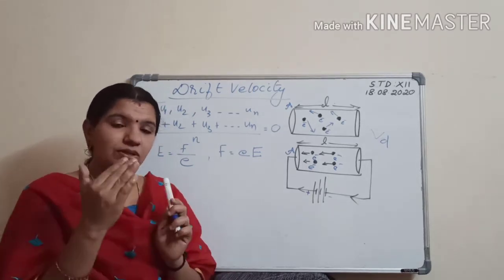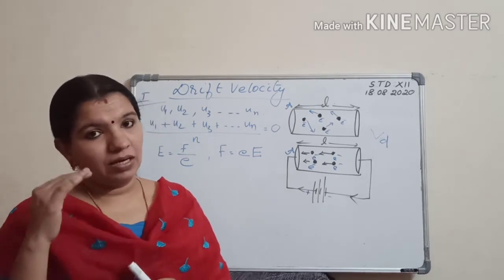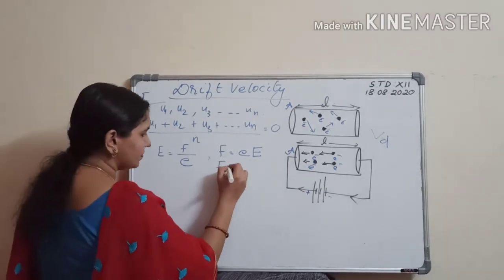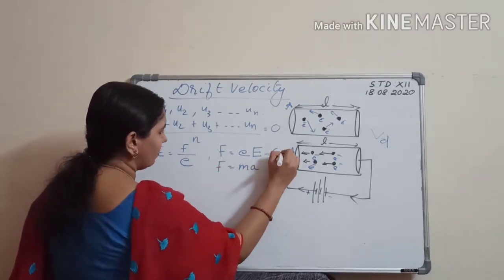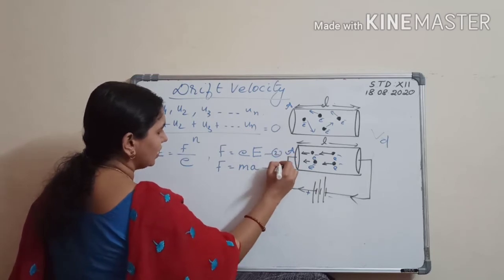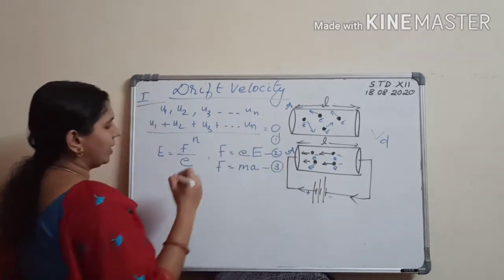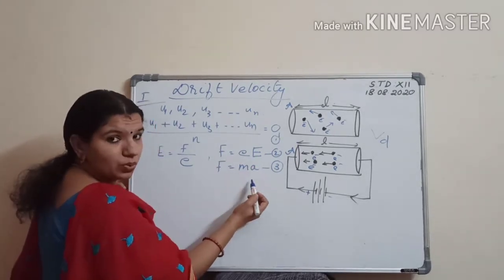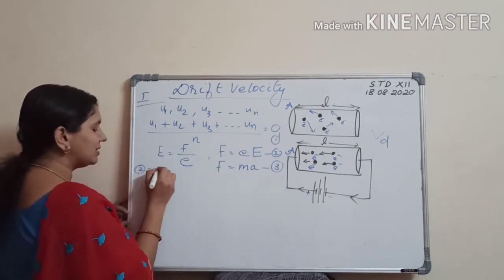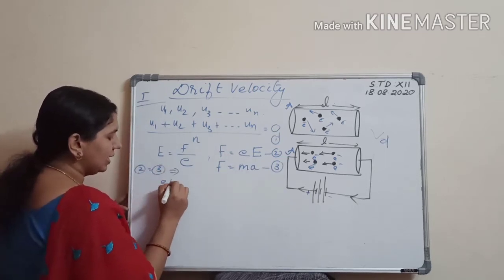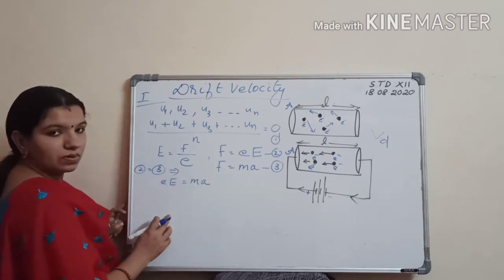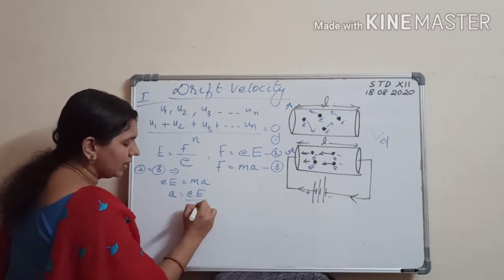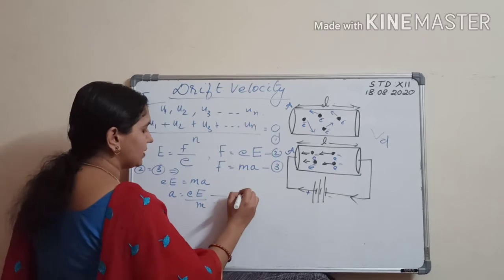So you can relate it with Newton's second law of motion, and you have the expression for force, which is F is equal to ma. So this is equation number 2, equation number 3, this is equation number 1. So F equal to eE and also F equal to ma. You can equate these two, 2 equals 3, which will give you eE is equal to ma. Now what is acceleration from this expression? a is equal to eE by m. That is equation number 4.